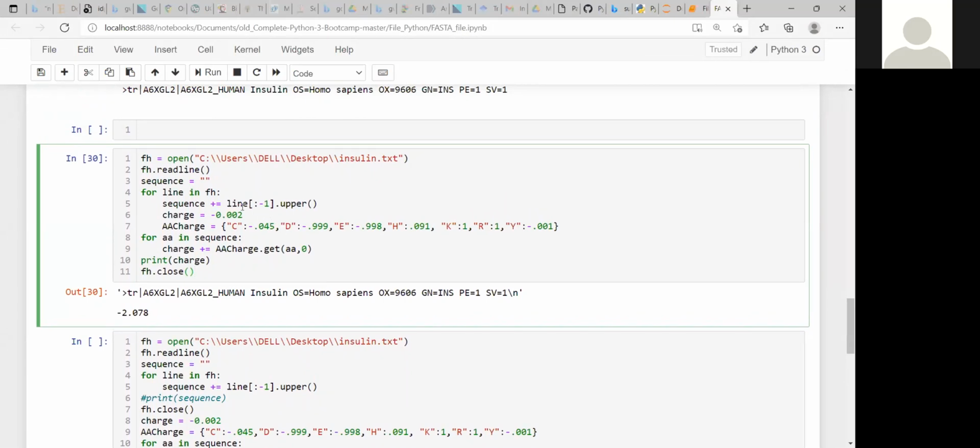Yes, but here we are doing this line by line. We are not considering the /n. Okay, sir. The /n is not there. It will take up to the -1 position, that means the end of that string, not including the /n.